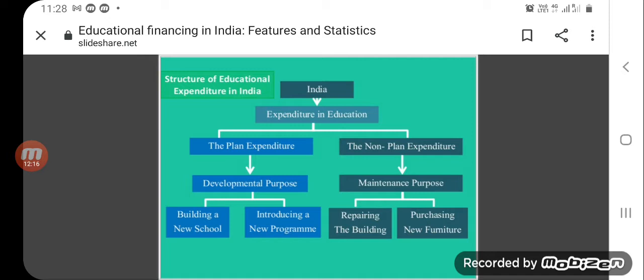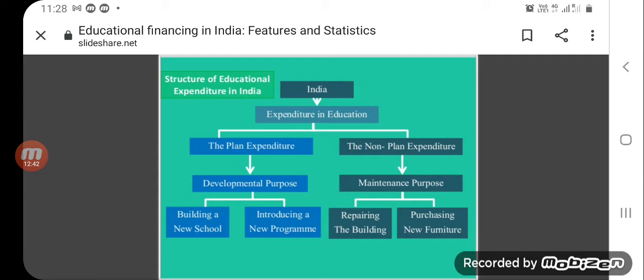New buildings, for example, if you are building a new building for a library for a university, then it comes under plan expenditure. And after 2 years, you want to extend the building, you want to add some more buildings to the library,